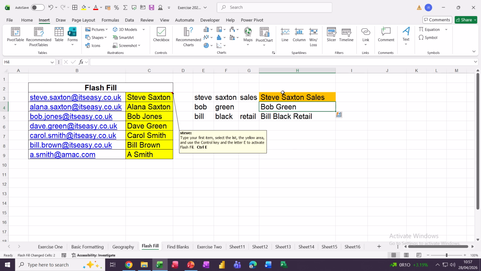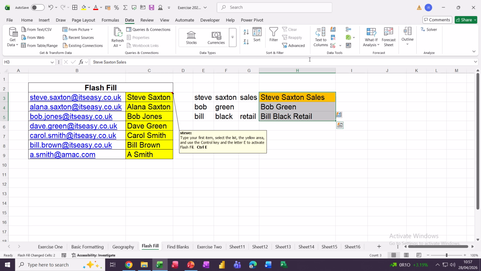Now if you want it the other way around, so let's say somebody sent you a spreadsheet or you've output from a non-Microsoft source and everything's in the same cell and you want to split it off, this time you need to go, we'll highlight it first, go up to the Data tab, over to where it says Data Tools, and there's flash fill up there, look, which has been around since 2007, so it's not a new feature. But this feature, text to columns, if you click on that,